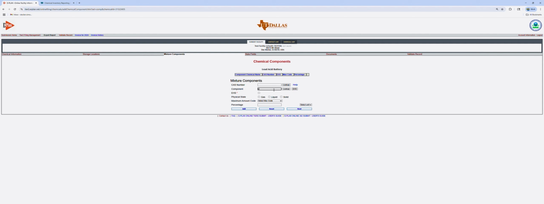So we'll enter in sulfuric acid as a component we're trying to report. The CAS number will automatically fill out, but you'll want to double check that. You'll see that the EHS button has automatically ticked because the software knows sulfuric acid is an EHS. This is a liquid, and for the maximum amount code, we'll say that it's in the third bracket, and then for the percentage of the mixture that's sulfuric acid, we'll say 40%